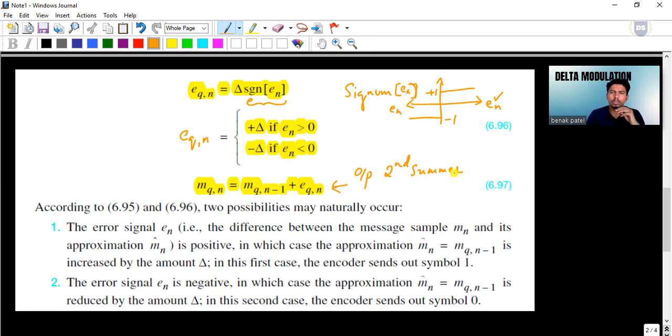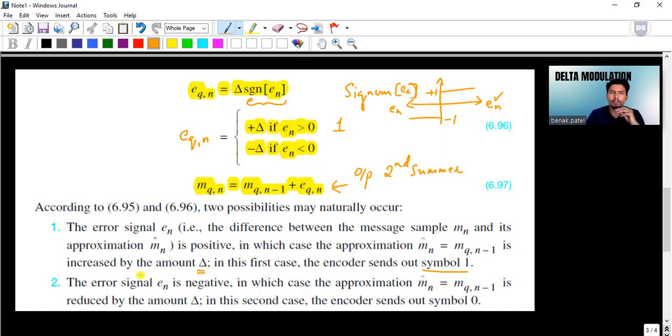So based on all these equations, we can conclude that if the error signal En is positive, the approximation m cap n, which is equal to mq of n-1, is increased by an amount of plus delta. In this first case, the encoder sends out symbol 1. So it sends out symbol 1 for positive delta.